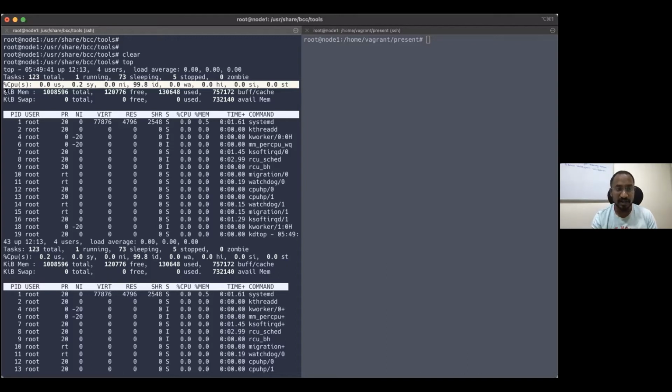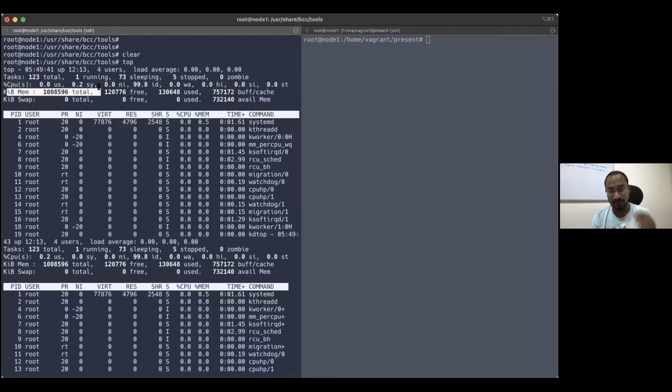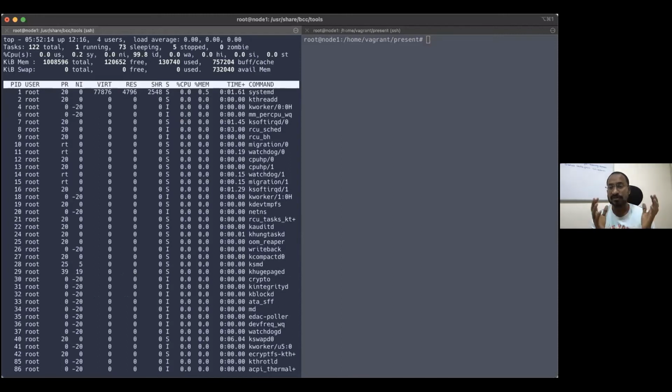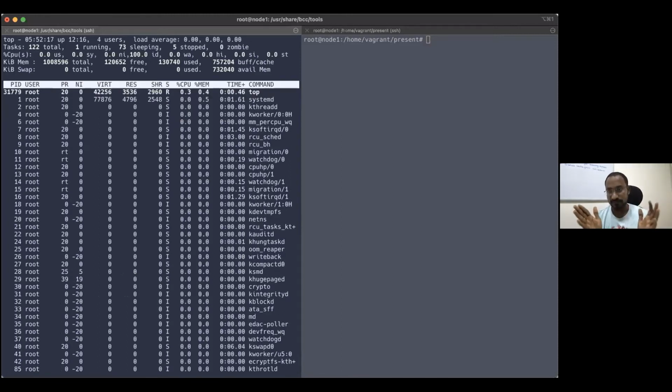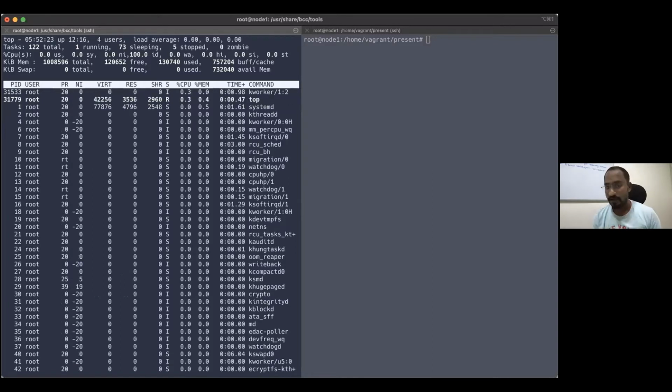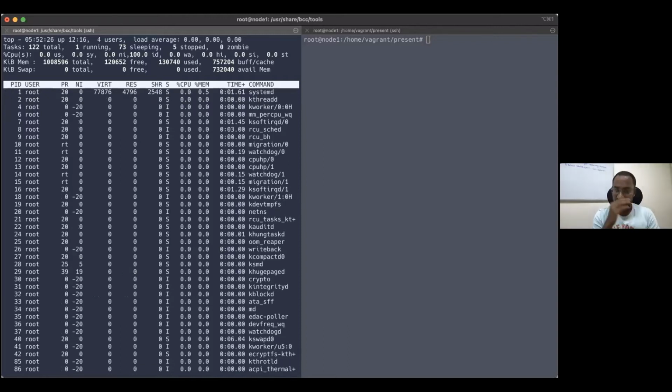Another thing is how much memory I'm using. What is my total memory? What is the free memory I'm having? What is used and what is buffer and cache? Buffer and cache is one of the interesting things I will share in the memory part. But here, as you see guys, in a single command, I can see the whole system health quite well. I'm not saying it gives a very good understanding, but it's a good place to start troubleshooting. So load average, CPU utilization, memory utilization, done. We understand a few important things.